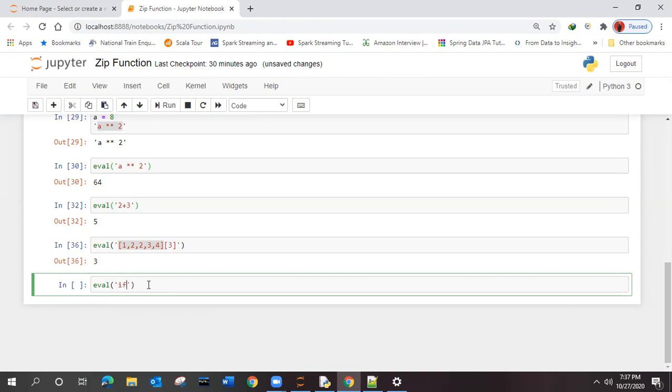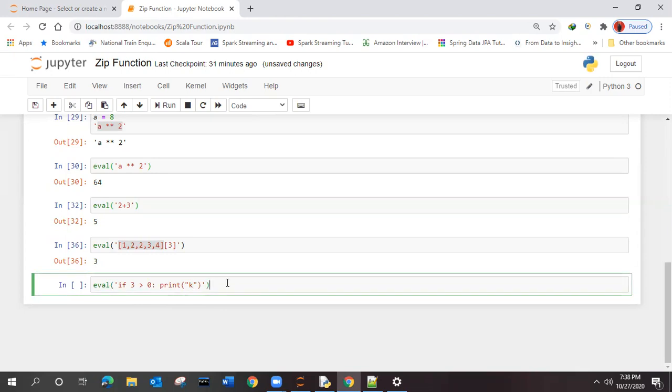I am giving one expression like this one. It will work or not?